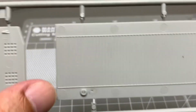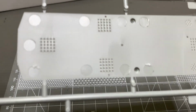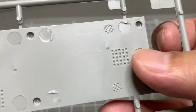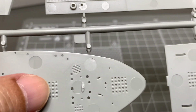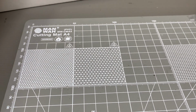So this will probably be the roof. Maybe that's why there are some details there. Not sure why these details are there. It's probably for the roof in the interior. Same goes for here. Okay, then